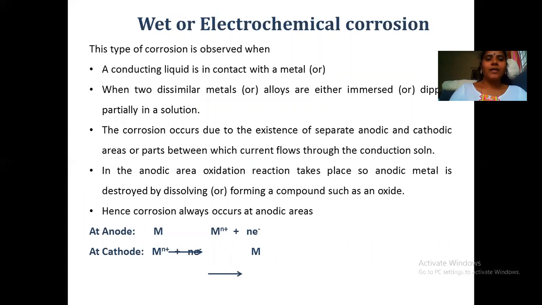Electrochemical corrosion is the corrosion which takes place in the presence of moisture. The moisture can be an acid or a base, or it can be simple water. There is a small amount of moisture in contact with our metal, and the metal can be a single metal under different conditions, or it can be two different metals or alloys immersed in a solution, a moisture, and that leads to electrochemical corrosion. And here we have two metals, or the same metal under two different conditions.